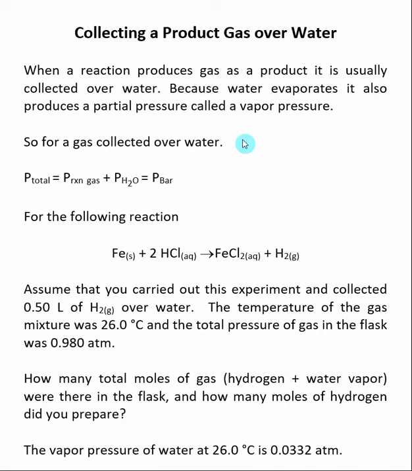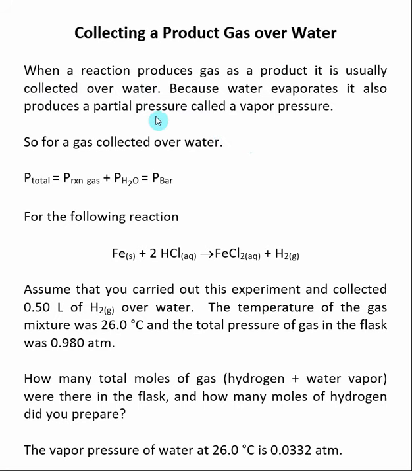The classic problem that involves the ideal gas law equation and Dalton's law of partial pressure is called collecting a product gas over water. This is usually done when a reaction produces a gas, and the gas is collected over water, so it's bubbled into a container that contains water and the gas is trapped in the space above the water. What makes this question a little bit difficult is the fact that water evaporates, so it will be